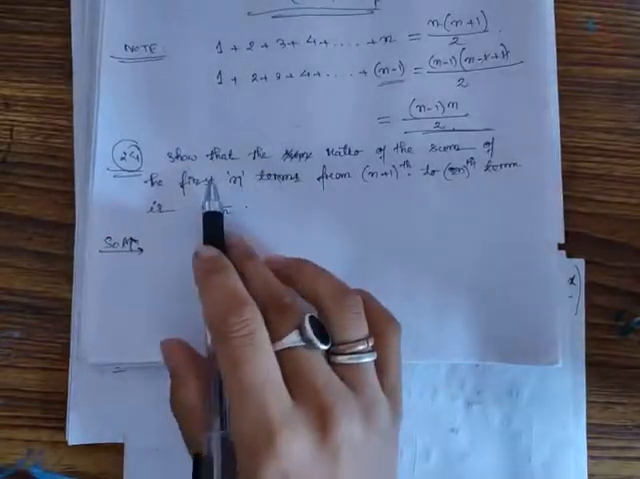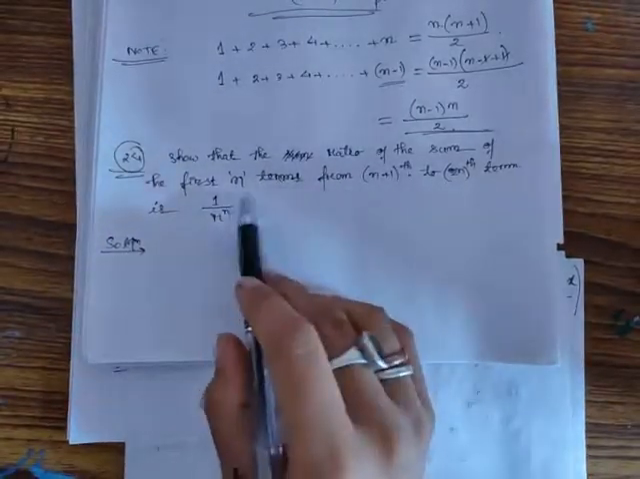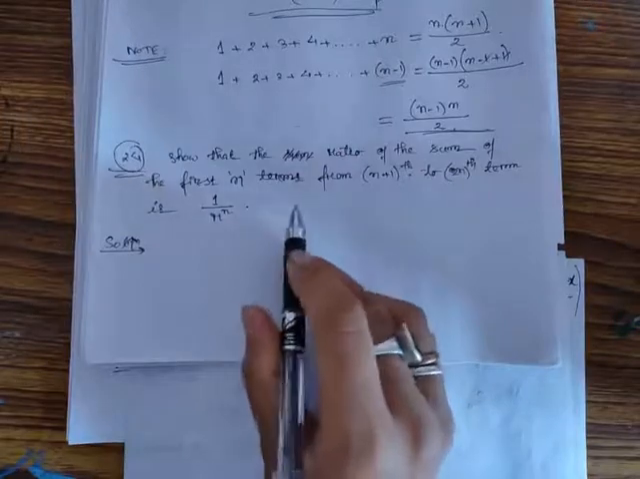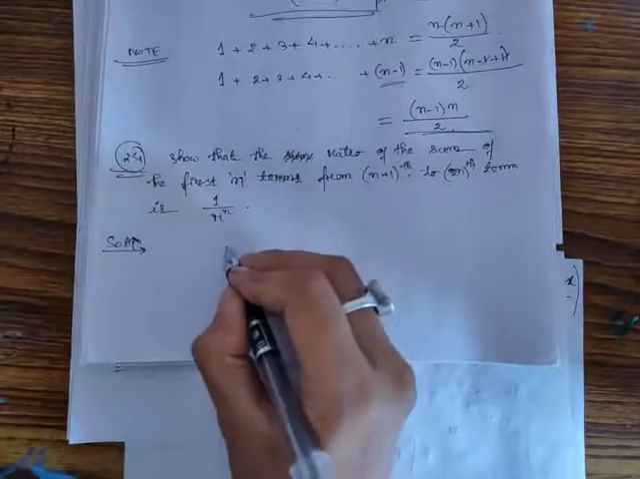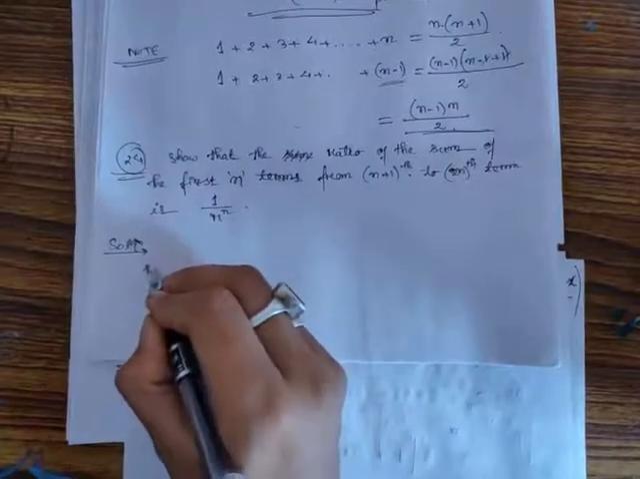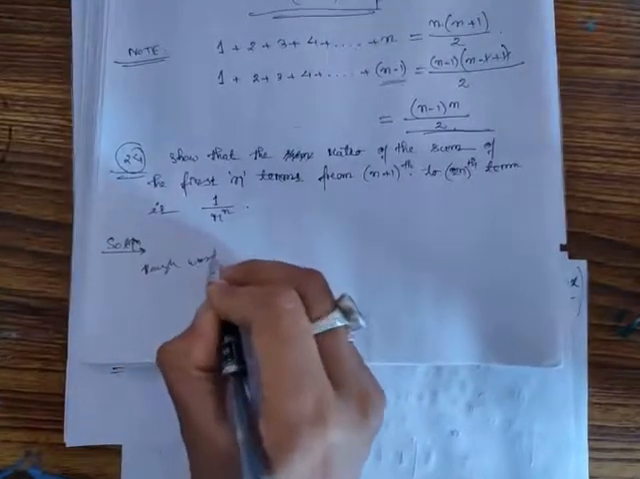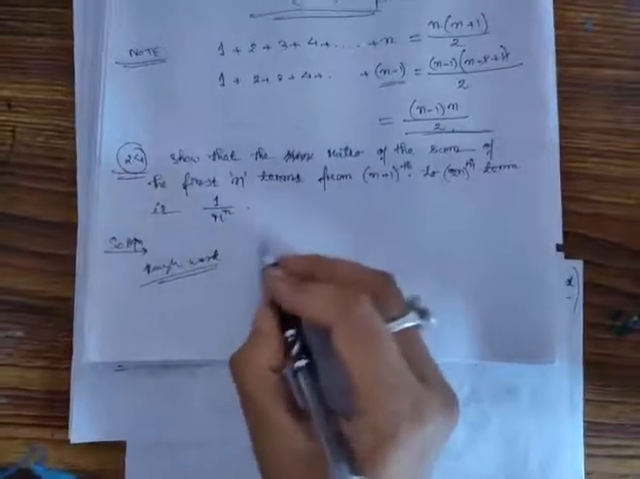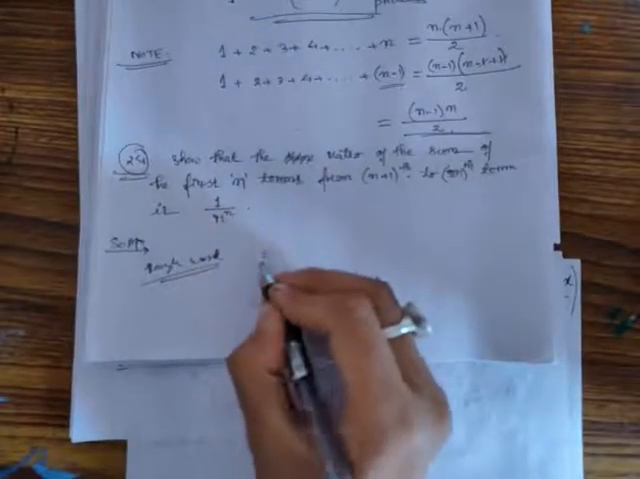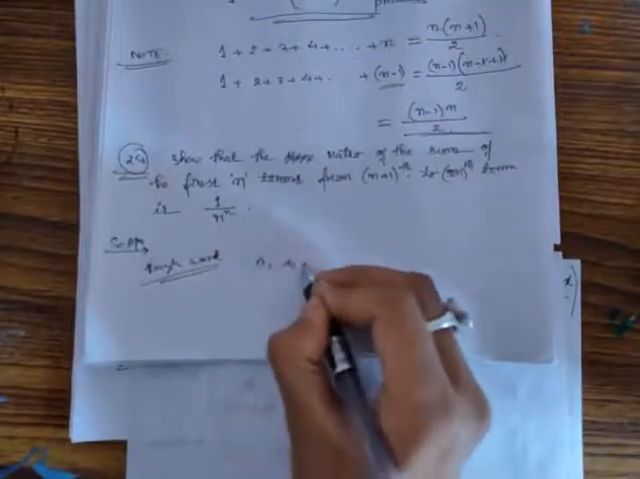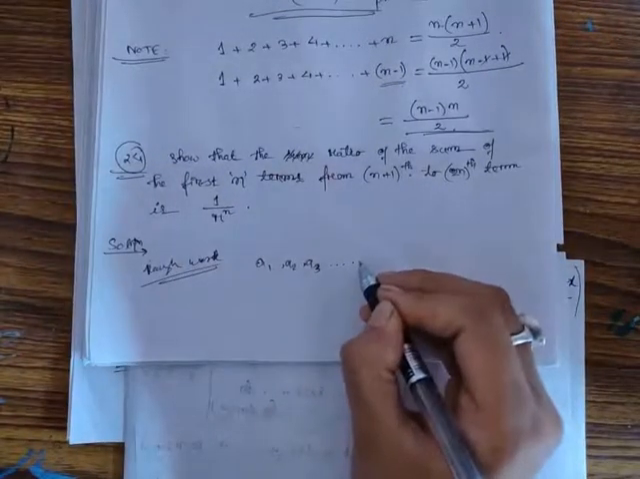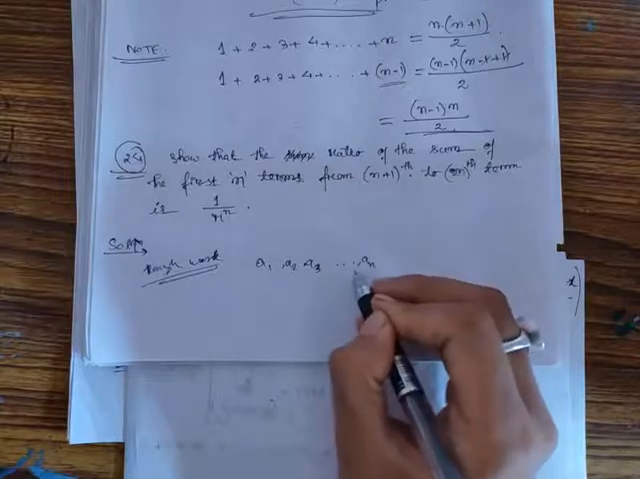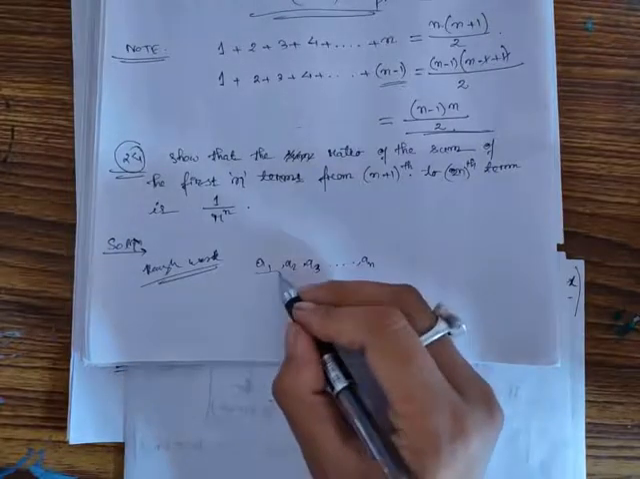Okay, here is my question: show that the ratio of the sum of the first n terms. For the first n terms, I can do my rough work. This is your rough work, I'll write. So the first n terms: let a1 be the first term, second term a2, third term a3, and so on to an. You have to show that the ratio of the first n terms, that means Sn,